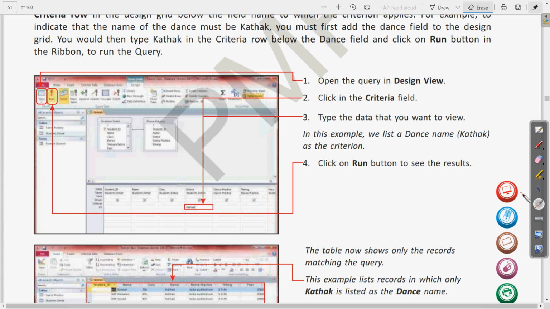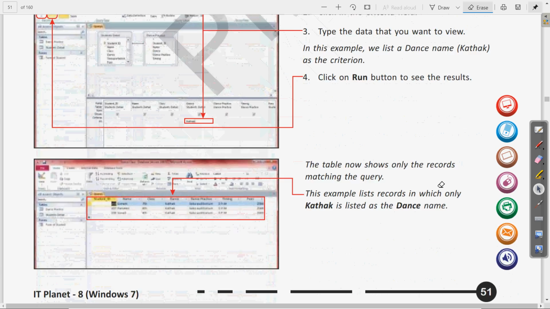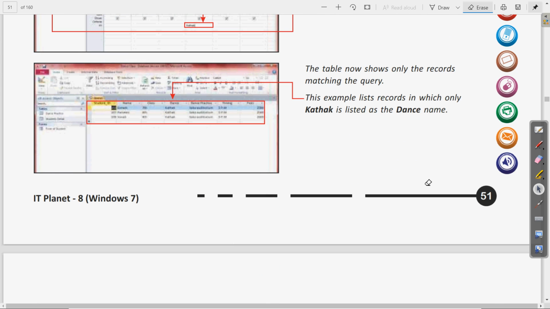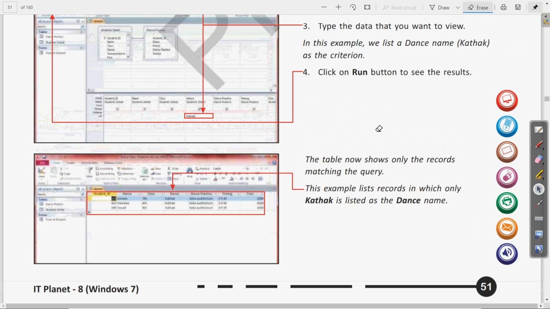Whatever criteria you want to specify, write that criteria there and click on the run button. That will apply the criteria in all of your fields. For example, here in the dance field Kathak was written, so you have applied Kathak in the criteria field. When you run that, only those records are visible to us which have Kathak as the dance form.